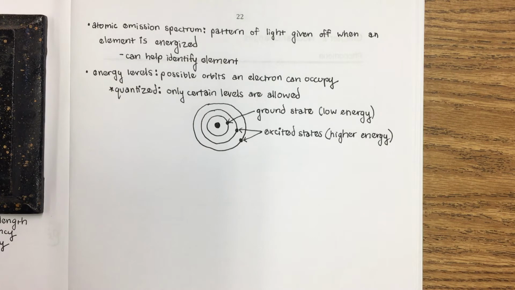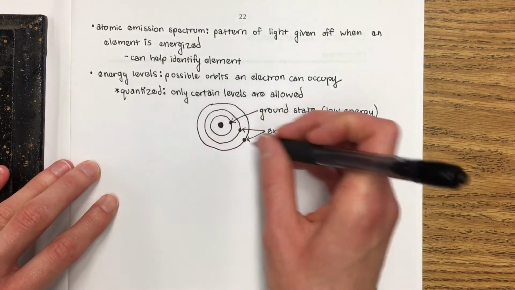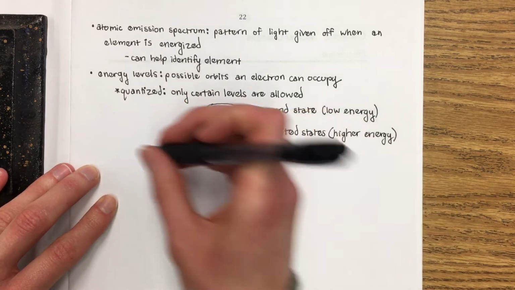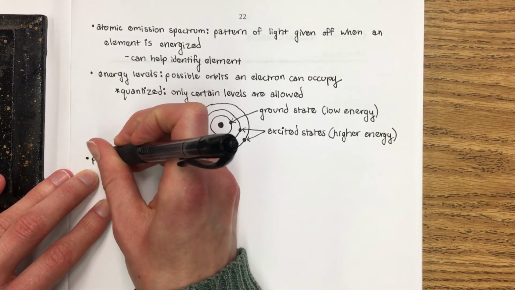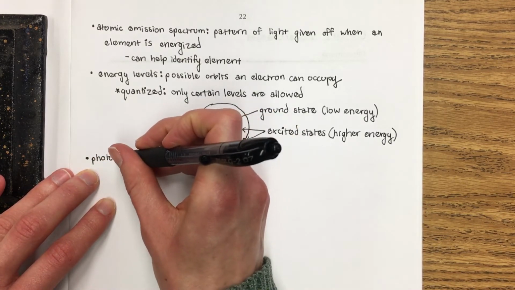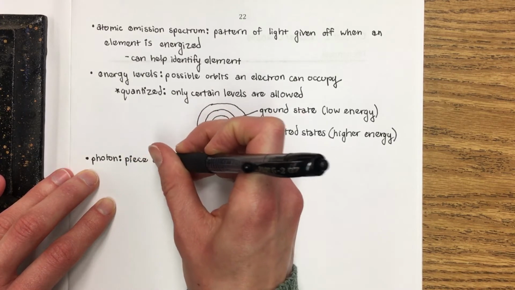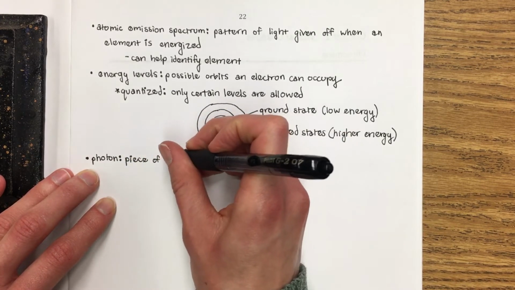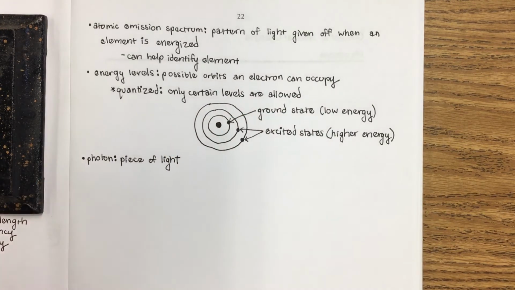Okay, so we've got a couple more vocabulary words to write down, but we're almost done. First of all, we have something called a photon. A photon is a piece of light. It's like a particle of light. It turns out light actually has some particle-like properties. So a photon is a piece of light,